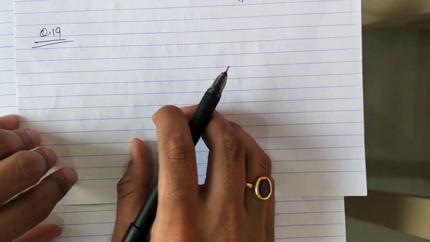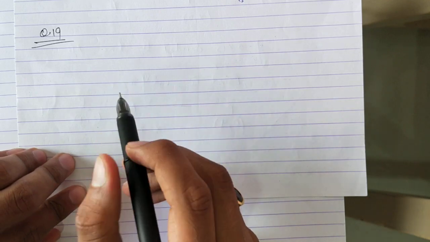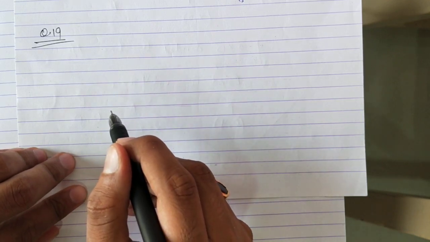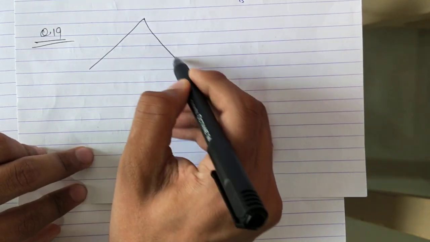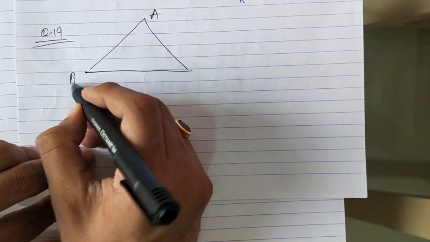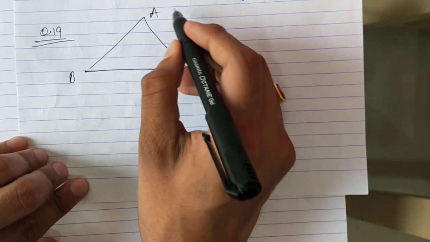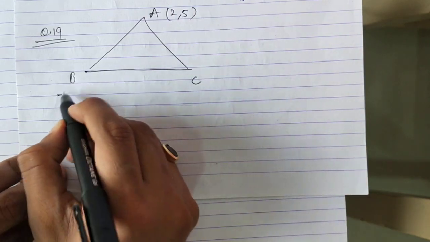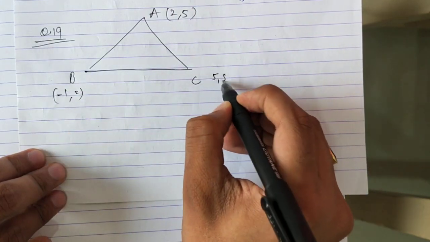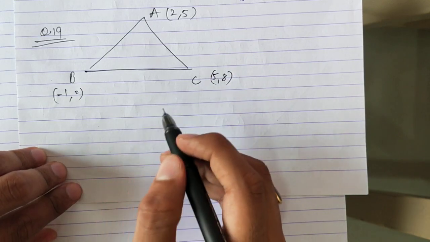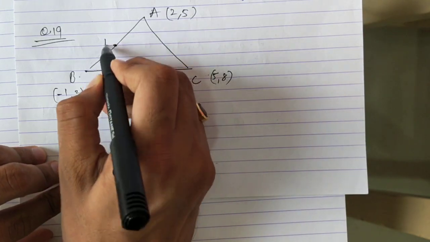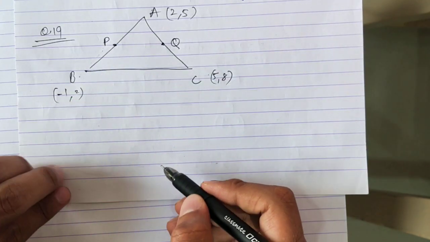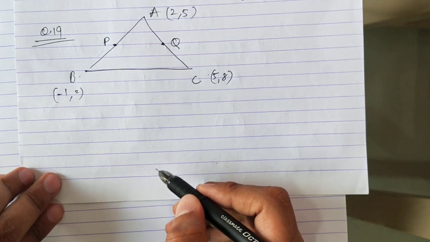Question number 19. A, B, C are the coordinates of a triangle, where A is 2 comma 5, B is minus 1 comma 2 and C is 5 comma 8. Points P and Q lie on AB and AC respectively. So P is here, Q is here, such that